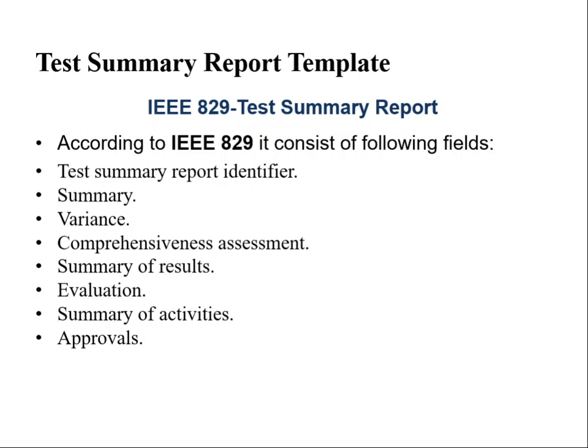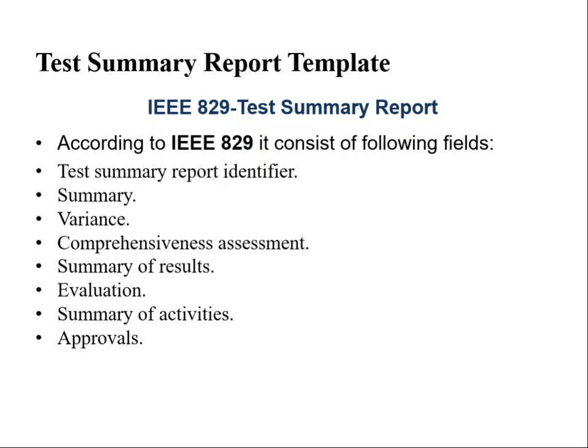Next field is summary of activities. It includes a summary of major testing activities and events. It also provides documentation of total resource time, budget allocated to testing. The information provided in this section is also used to estimate the requirements for future testing activities.